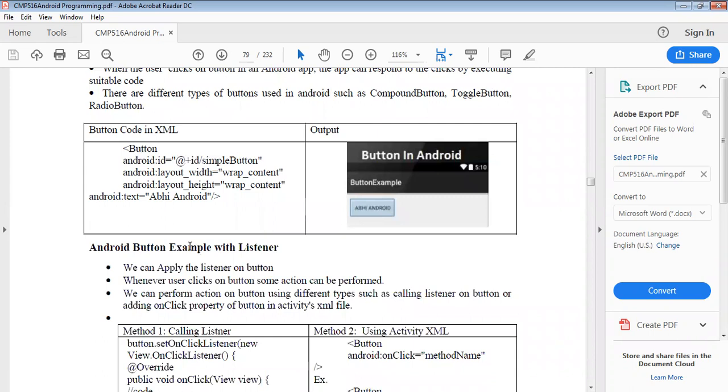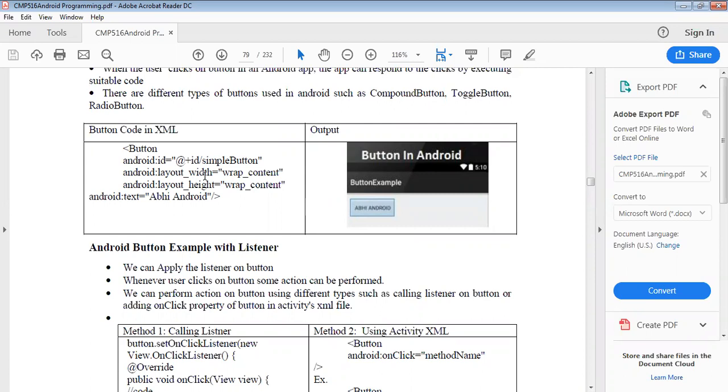Here is some button code in our XML file. In our XML file, the design screen is presented, but we can also implement it with code. The android:id is like @+id/simple button.